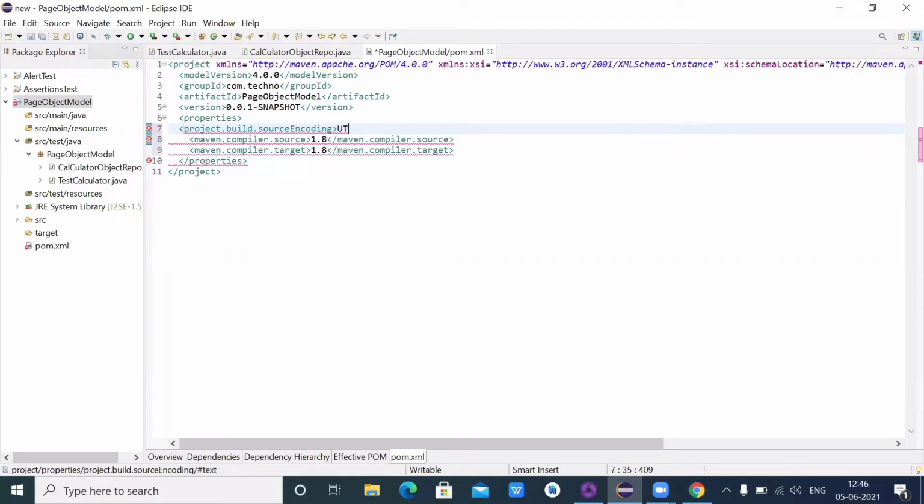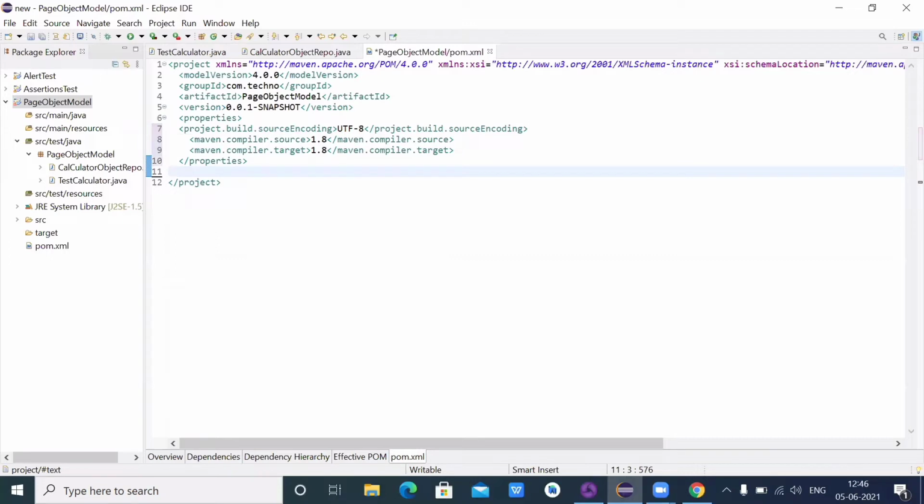Here I will add UTF-8, and now I will close that tag. Okay, now that is done. It will add those libraries in my system automatically, so I don't need to worry about that. I added 1.8 for source and target because that is what I want.